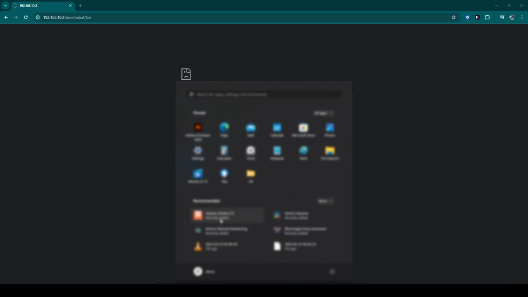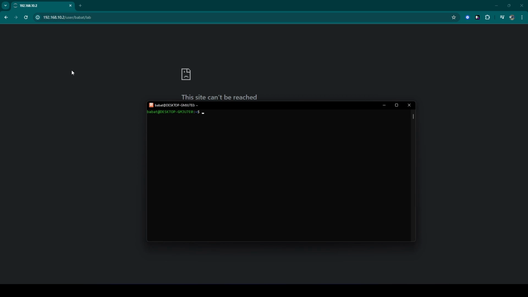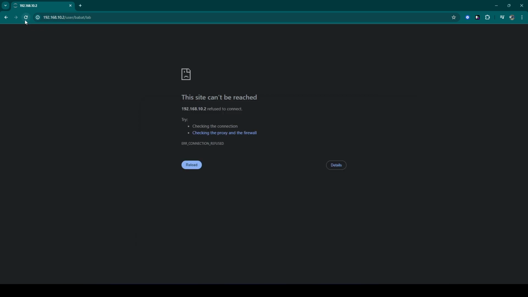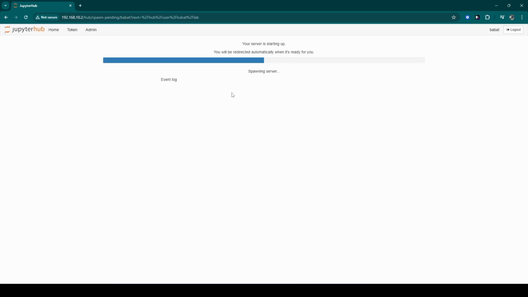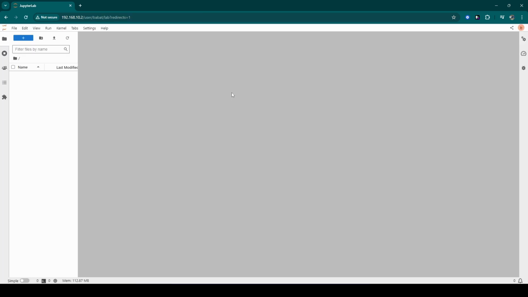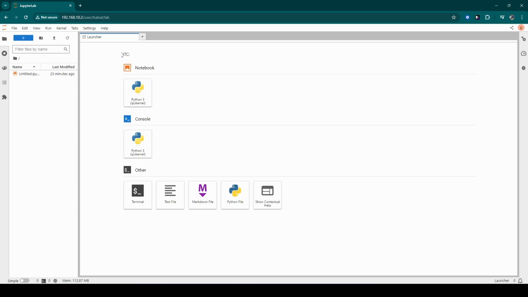If we open Ubuntu again, hit enter. Now we will check with our browser in Windows. Restart, then launch the server again. Now we have the RTC indicator here, which means Jupyter Collaboration is installed successfully.